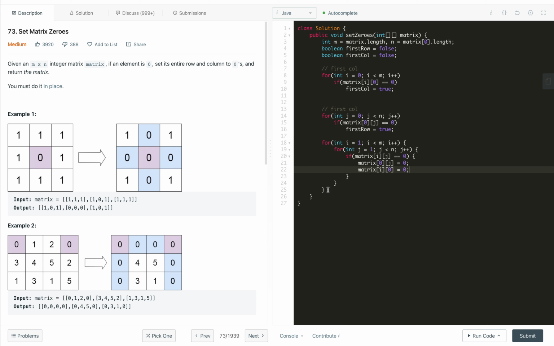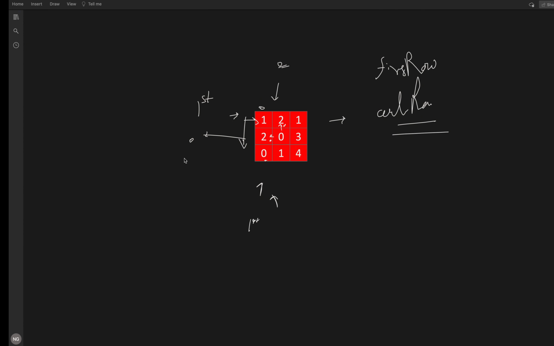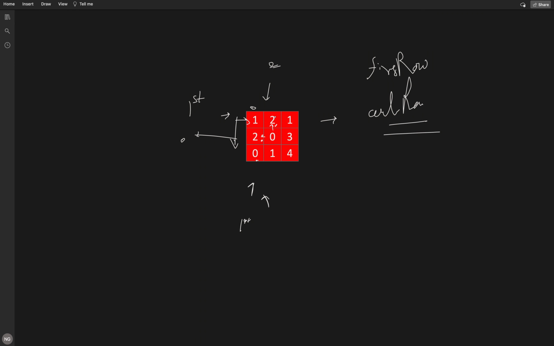So that's it. Now in the next pass, we will backfill zeros everywhere where the value on this cell we are marking as 0. So we again process this matrix from i equal to 1 and j equal to 1, and now instead of this condition we need to check matrix of i, 0. So here if this is 0, let me show you again. As I mark this 0, we need to fill all of this row entry as 0. So if in this column we have 0 in the first row, this means we need to fill.